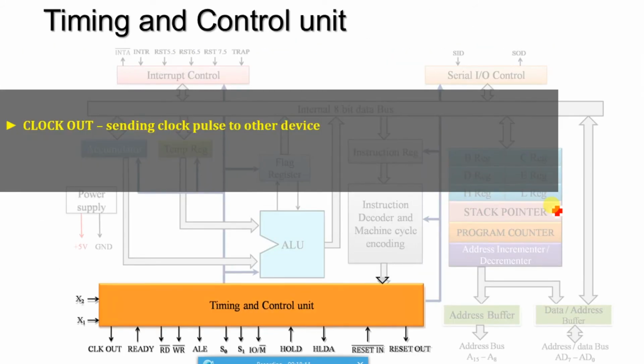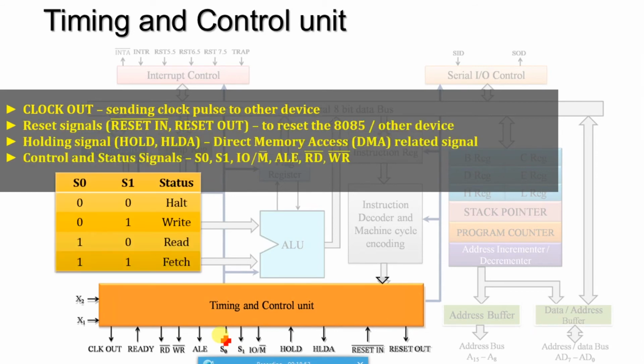Okay, just refer to this table. See, fetch is nothing but opcode fetch. The fetch cycle is nothing but opcode fetch. Opcode fetch means the data taken from the memory, that is 15, is an opcode. It is indicated by means of these two signals S0, S1. If it is 1, 1, it means the incoming value is an opcode. It is the fetch operation, opcode fetch operation.